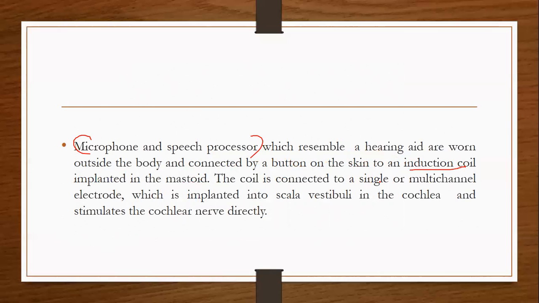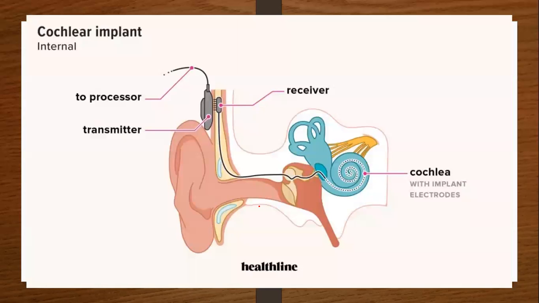The coil is connected to a single or multi-channel electrode which is implanted into scala vestibuli in the cochlea and stimulates the cochlear nerve directly. It is a mechanism in which we are trying to stimulate the cochlear nerve. Okay. This is the cochlear implant. This is the processor and the receiver as well as a transmitter. This is the cochlea along with the electrodes. These electrodes can be placed within the